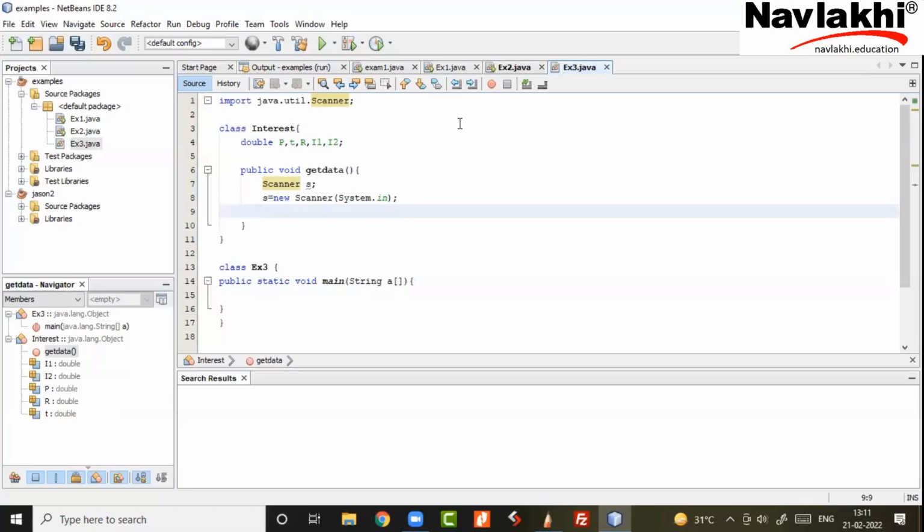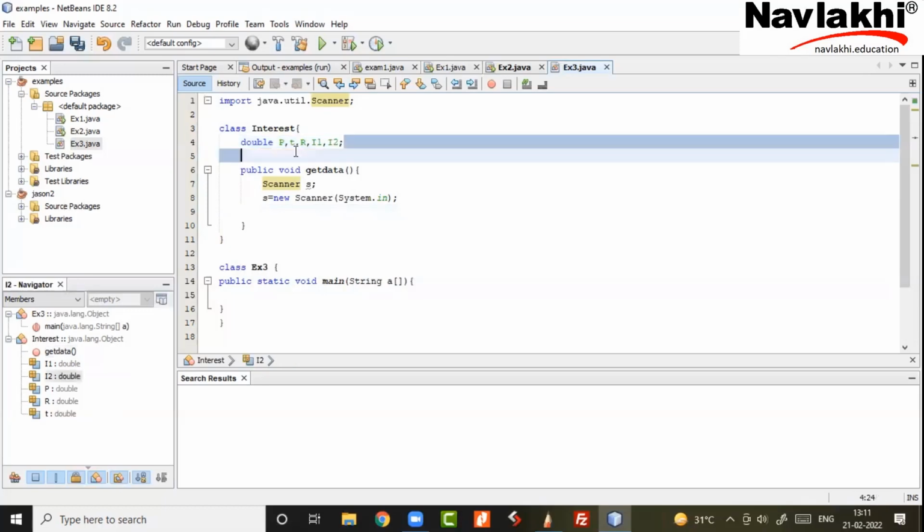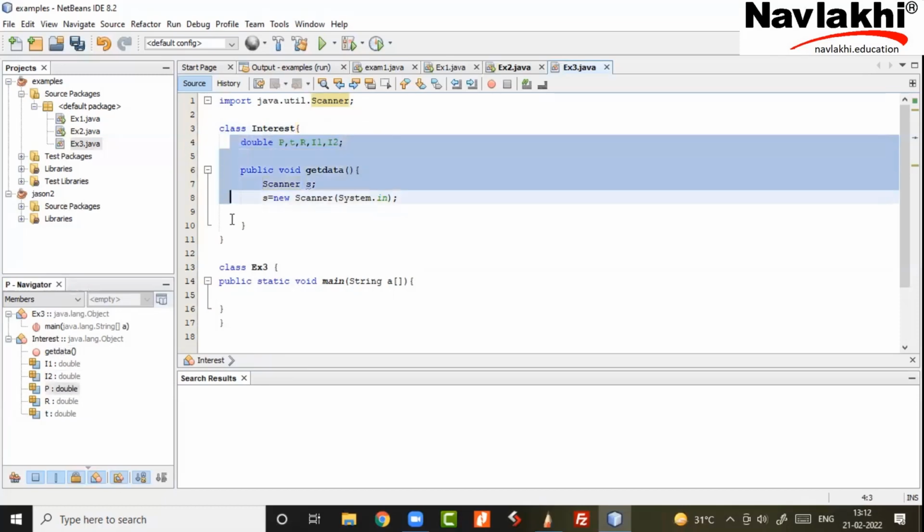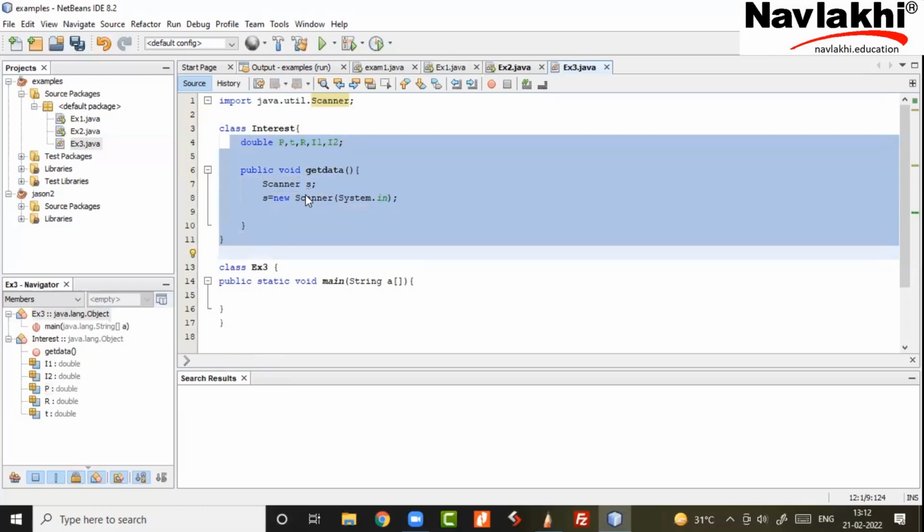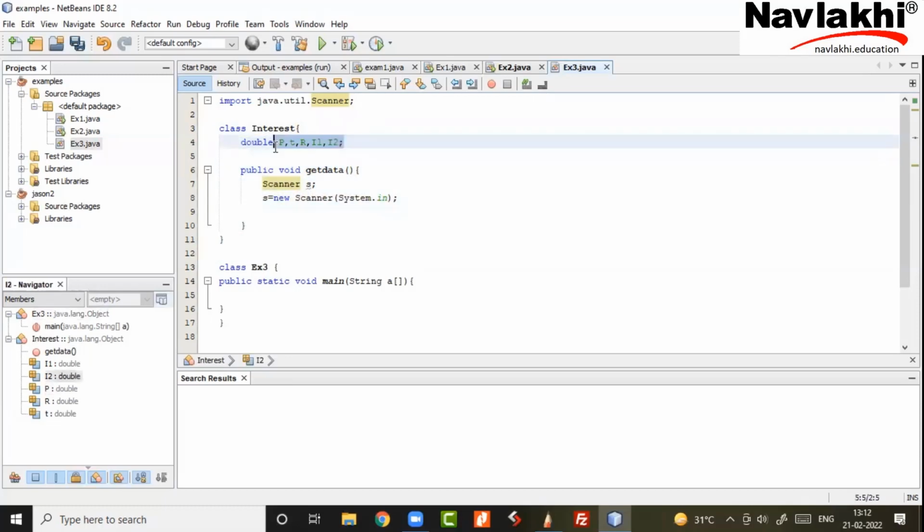Whereas PTR I want, because I would need it in get data and also in calculate. I1, I2 I will need in calculate and in my print function. Think. So anything required across multiple functions, I'll have to keep outside rather than inside. Outside ones are called class variables. So these will become my class variables. Technically, a class variable is global for that class, meaning any function within this class can use any of these 5 when they want. But S is local, so only get data can have access to S.